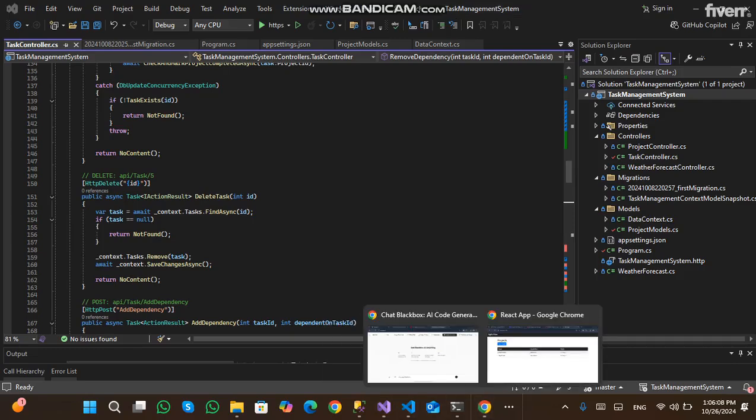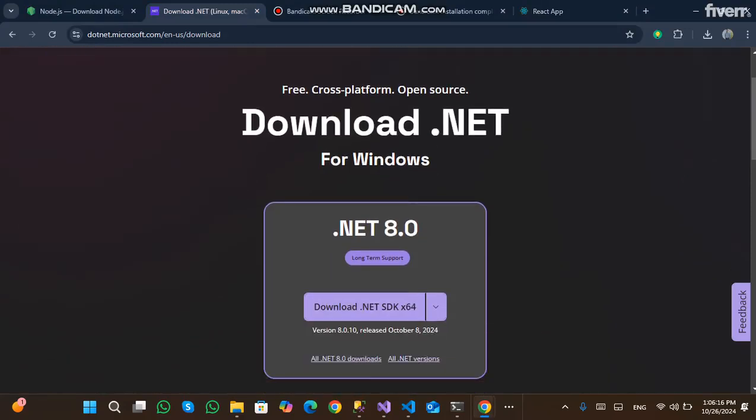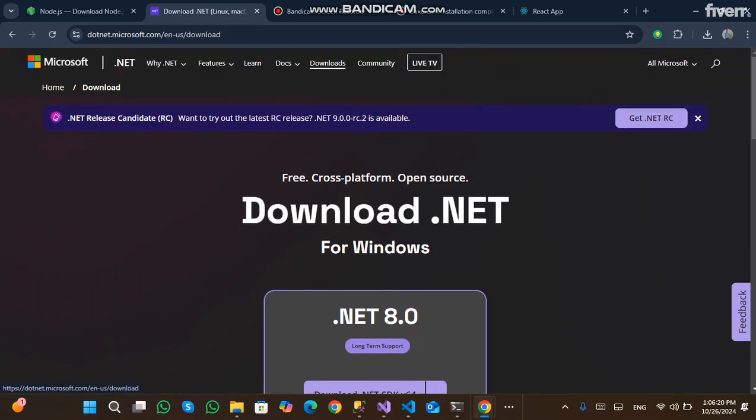So go to the browser. You just have to download the .NET SDK from the Microsoft website. The latest version is .NET 8.0. So click on that and download it. After that, you have to